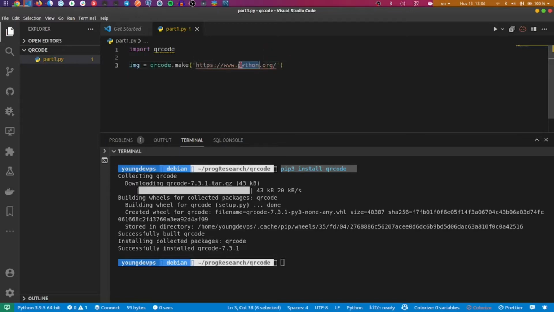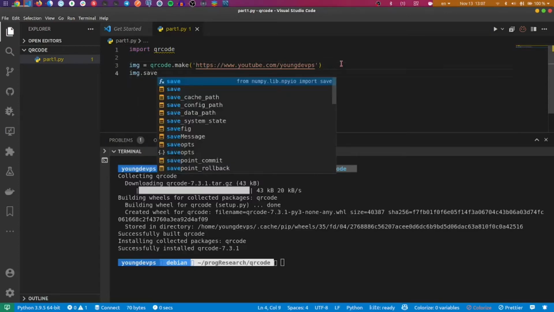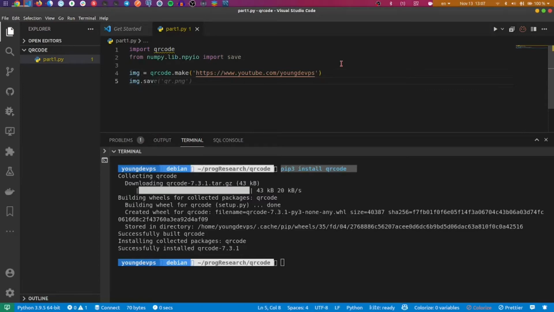For this, I'm going to specify my YouTube channel. I'll insert the link of my YouTube channel, youtube/youngdev, and I'll just make save. You call this method to save the image. I'll call it qr.png. So now I just need to run the file. Okay, just type